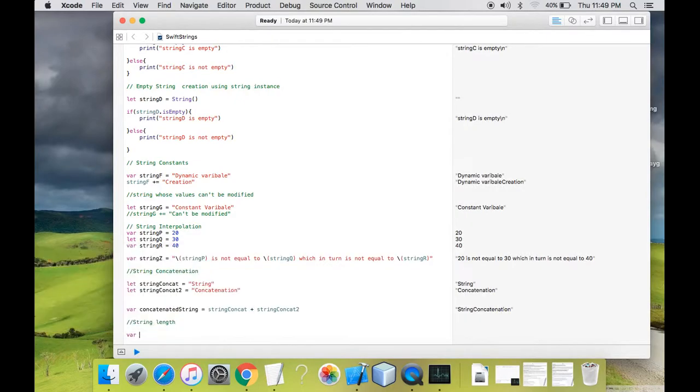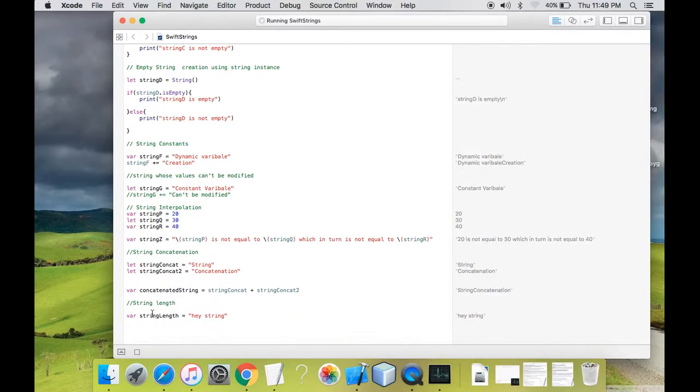I'll create a variable named string length, and I'll assign a value of hey string to it. The value is composed of two words. I'll try to get the length of this particular string, whose name is string length. For that I'll use the print statement.